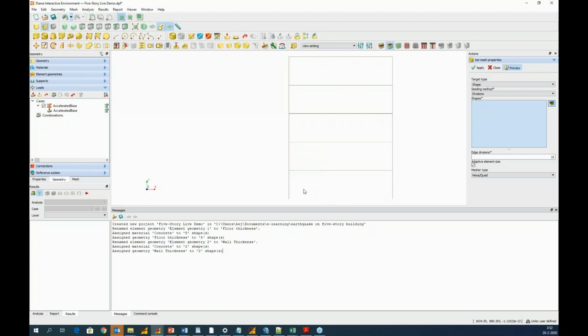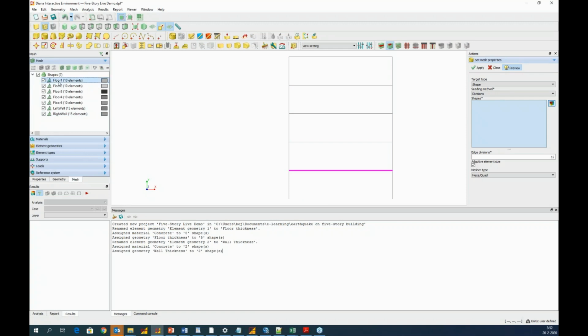From this view, you cannot really see the elements, so I go to the mesh, I select my different mesh sets, and I go for a shrunken shading. And there you can see the different elements, which are also based on the discretization we specified for the mesh seeding. So we are all good. Our model is ready. We can now move to the analysis part.